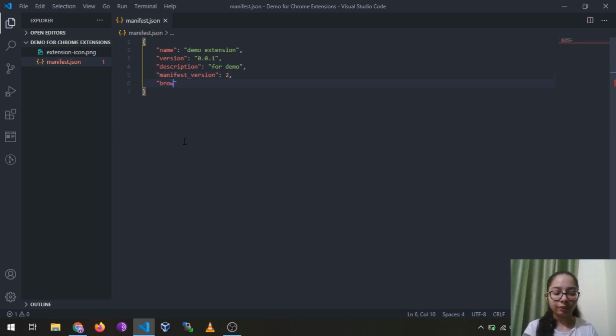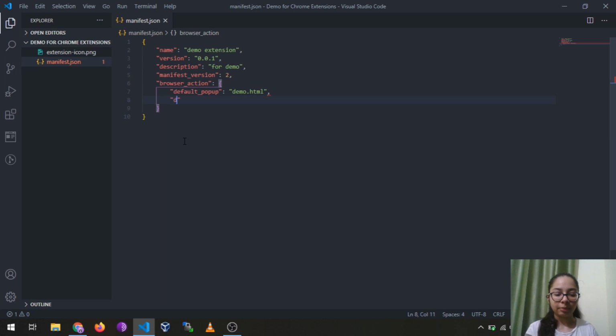The last thing we are defining is the browser action. The browser action will show the extension in the top right corner of your Google Chrome. Under this I am defining two variables. The first is default_popup. I will be using the demo.html file, so when I click on that extension, it will pop up the demo.html file.